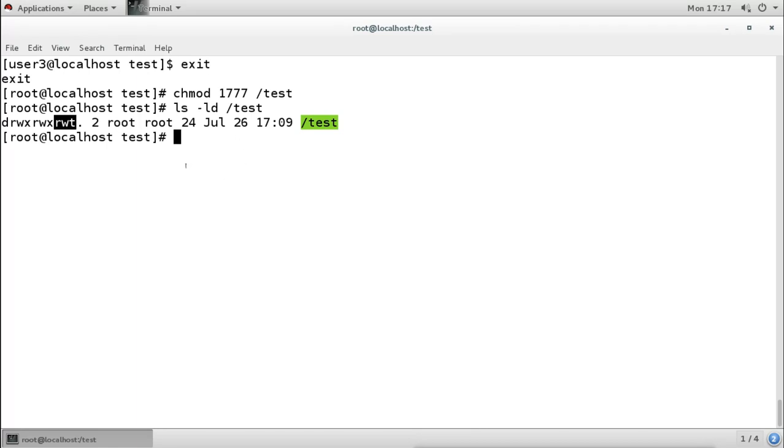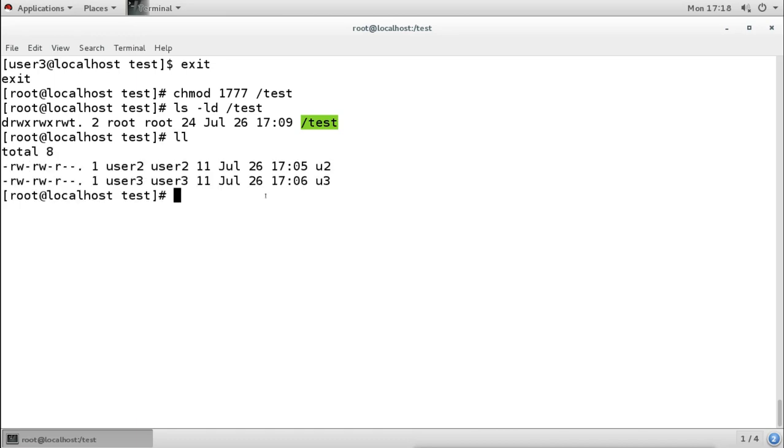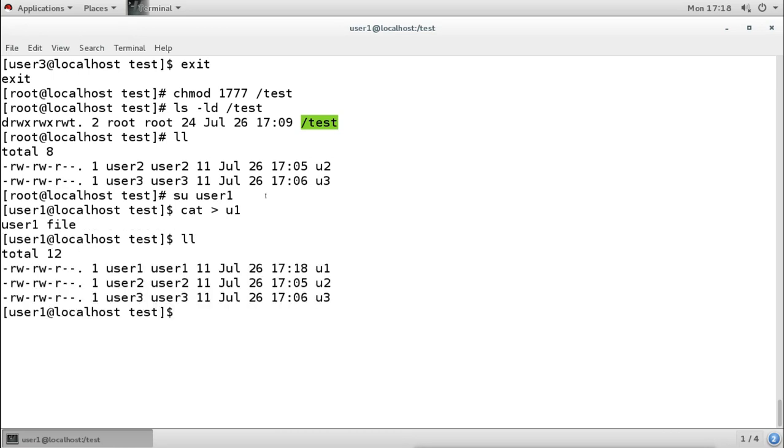Now when a user wants to create a file, they can create it because they have the right permission, but when they try to delete another user's file, they will not be able to. Right now user 1's file is deleted, so user 1 will come and create its own file. Like I will create again, this is user 1 file. So we have the files for user 1, 2 and 3.